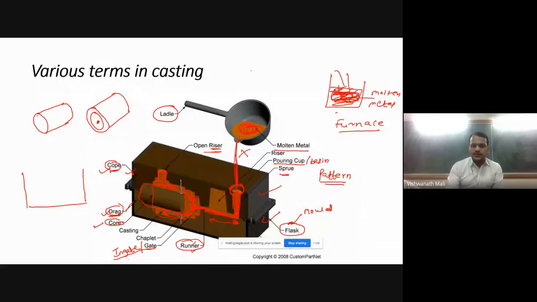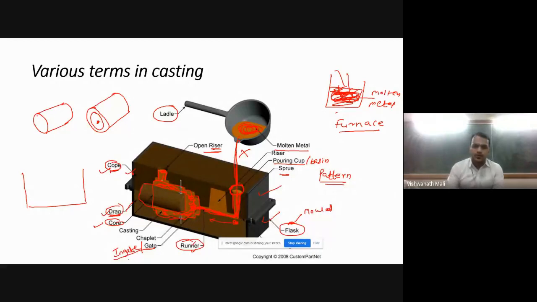The function of riser is to see whether the cavity is filled or not. And the second function is what? When we are pouring the molten metal, whatever the gases or whatever the air is there inside the mold, that will escape from this riser. So that is the function of riser. There is one more function that we'll see while studying the riser.